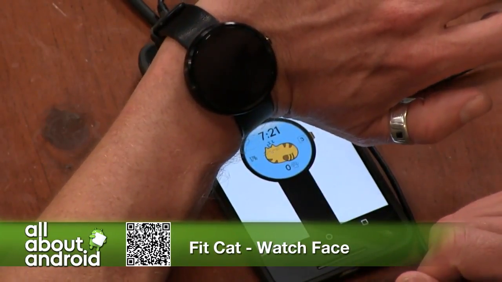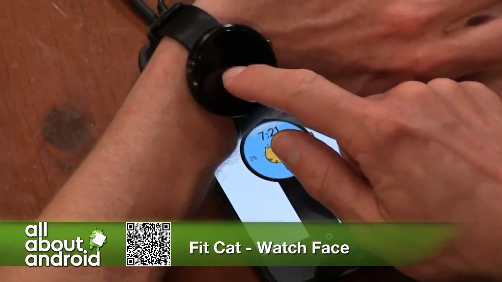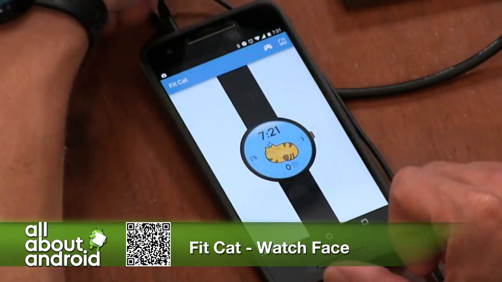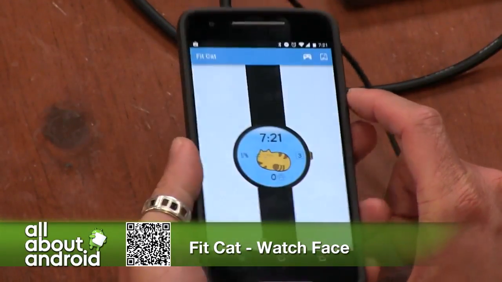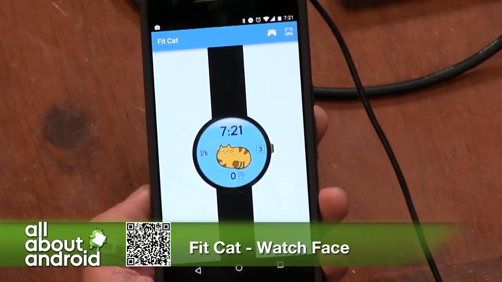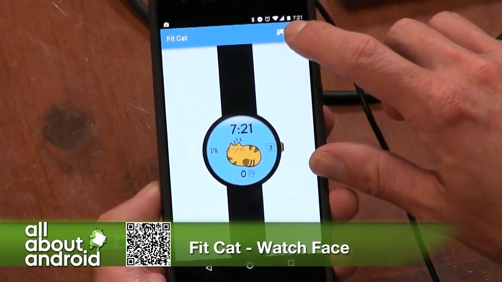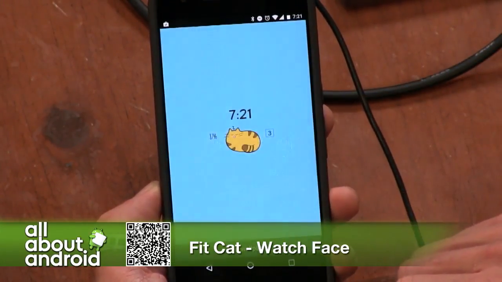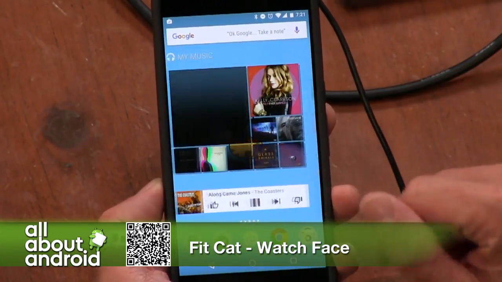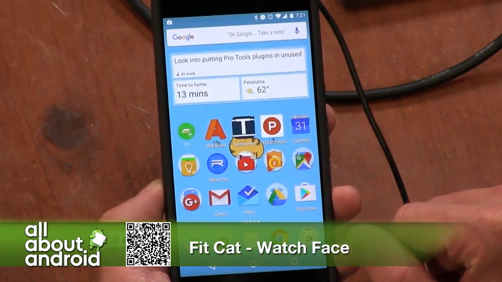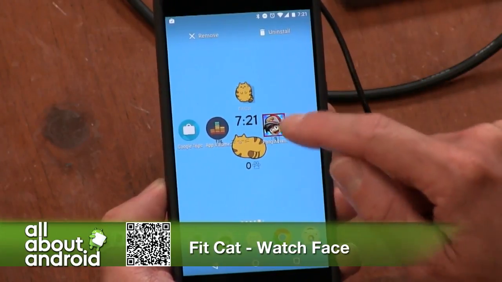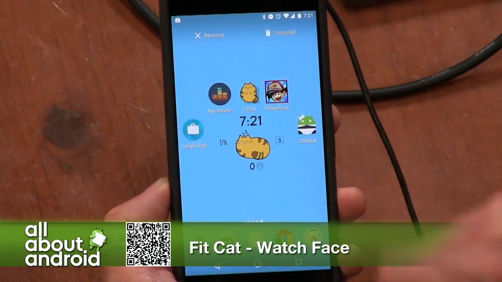So it's pretty fun. The companion app has the Fit Cat, as you can see, where it just shows you the activities as if you didn't have an Android Wear watch. But the other cool part about it is that you can set the background as a live wallpaper. If you were to click that, that's what it would look like as a live wallpaper on your screen, so you could always see it. Even if you didn't want it on your watch, but you still wanted to stay active, it connects with Google Fit, so it should be able to see all that information.